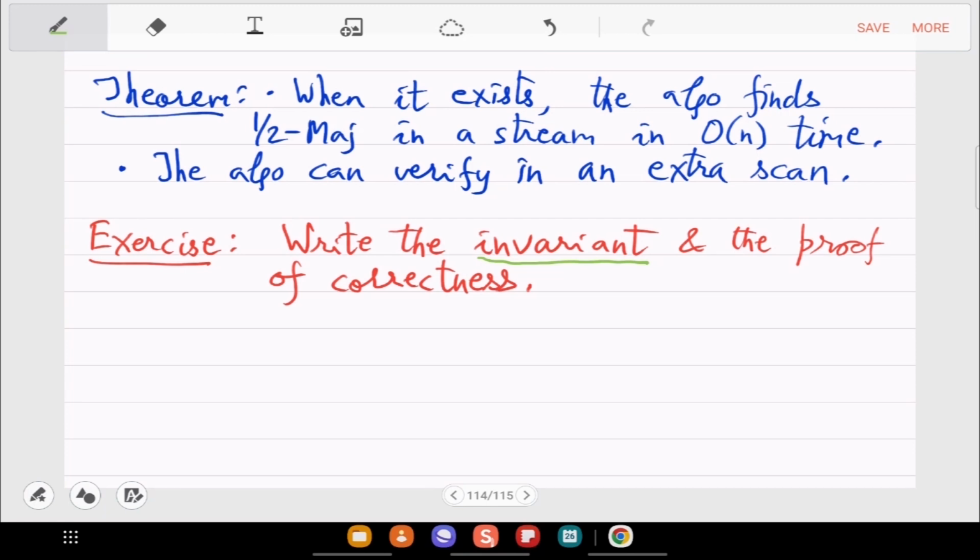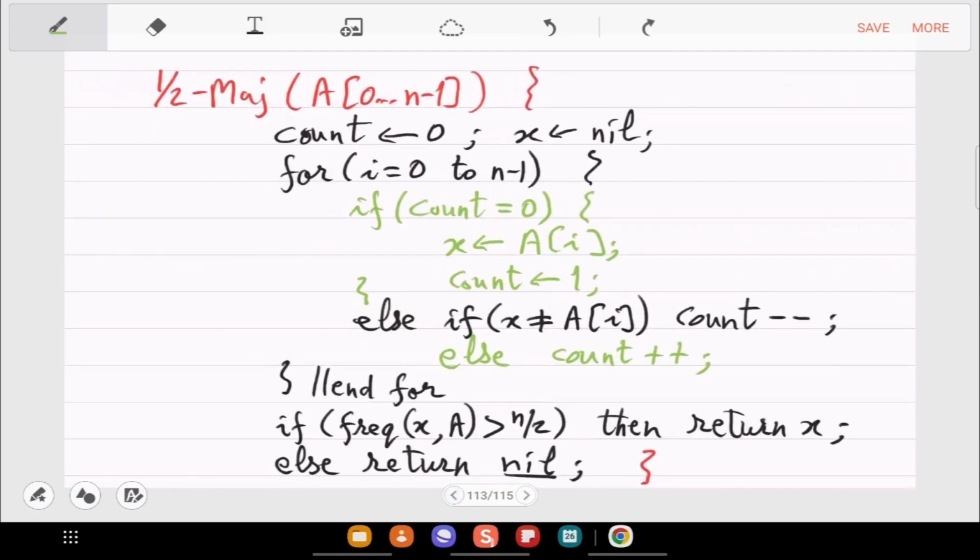So it is guaranteed that after n by 2 steps, X will be your guess, and it will remain so till the end. Once you have the invariant, you have the proof of correctness immediately. So that's what you have to check in this pseudocode. It's a very clever pseudocode.